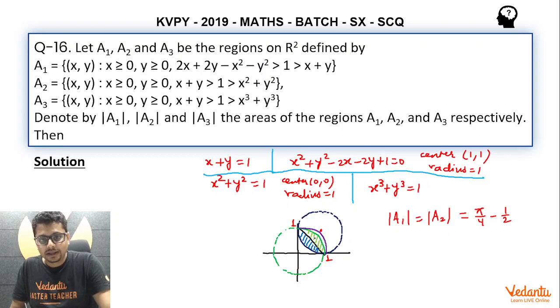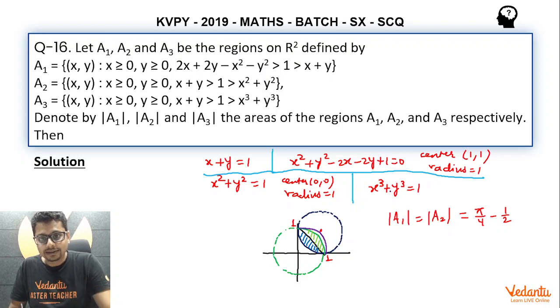Try to think this way. Here clearly x cube plus y cube equal to 1, where x and y both are greater than or equal to 0. So let's consider x and y to be greater than 0. Equal to 0 is a trivial case. When x is 0, y would be 1. When y is 0, x would be 1. So let's say x and y both are greater than 0. For example, let's say x greater than 0. Clearly this will be less than 1. X greater than 0 but less than 1. Why? Because the moment x becomes 1, y has to be 0, and x can't be greater than 1, because we want y to be greater than or equal to 0.